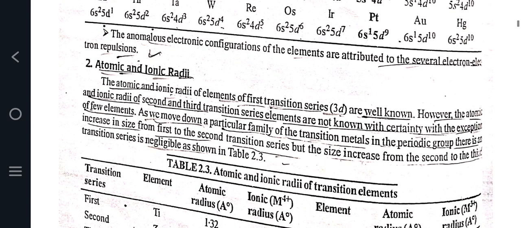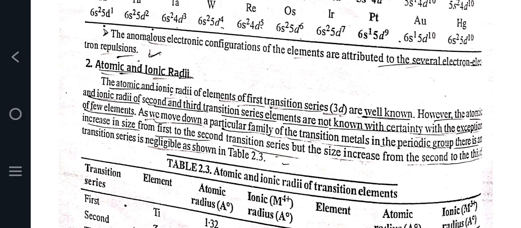The anomalous electronic configuration of elements is attributed to several electron repulsion effects. Atomic and ionic radii: the atomic and ionic radii of elements of the first transition series, 3d, are well known. However, the atomic and ionic radii of second and third transition series elements are not known with certainty,